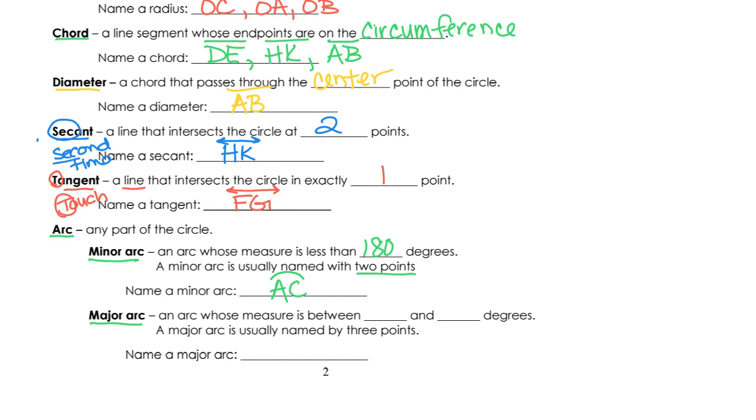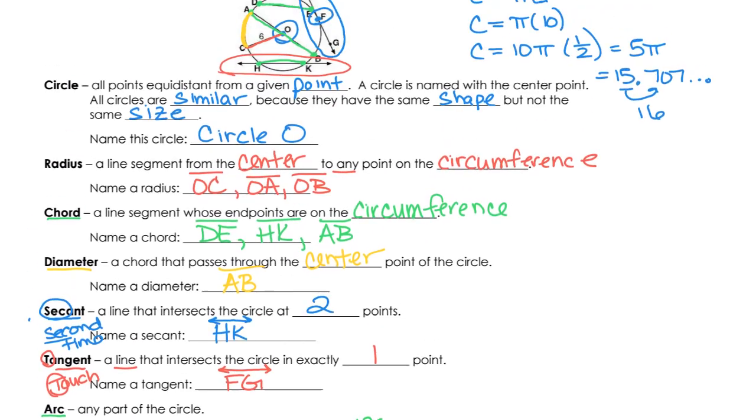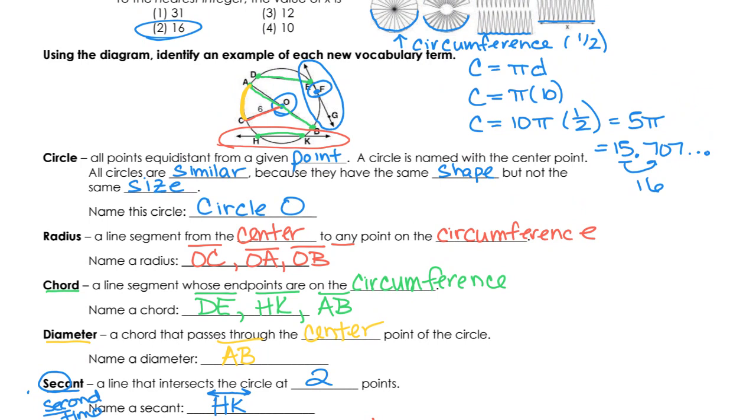A major arc is an arc whose measure is between 180 degrees and 360 degrees. A major arc is usually named by 3 points. So name a major arc. So if I go back up, and I look for a major arc, more than half the circle. So let's go with A going around. That would be half the circle, which would count as a major arc, or we could just go a little bit more and maybe go to E. So from A all the way around to E, we could say, but we have to use 3 letters,